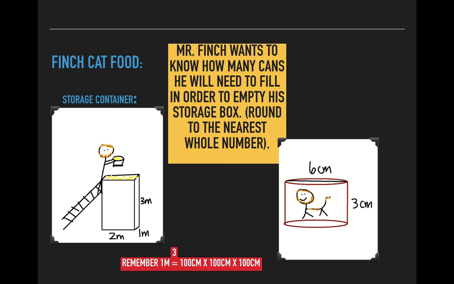So the volume is 3.14 times radius squared, which is 9, times 3, which gets you 84.78. Raise your hand if you got that far. Excellent. Now all you have to do is take 6 million centimeters cubed and divide it by 84.78,